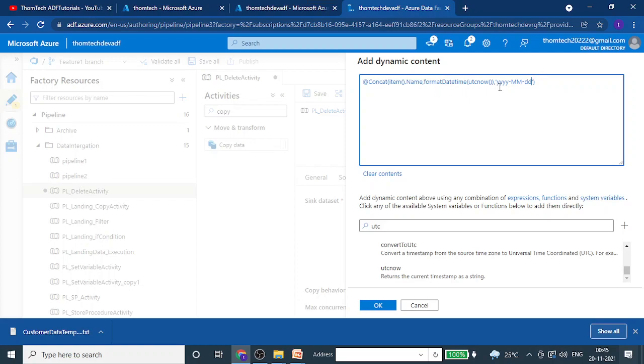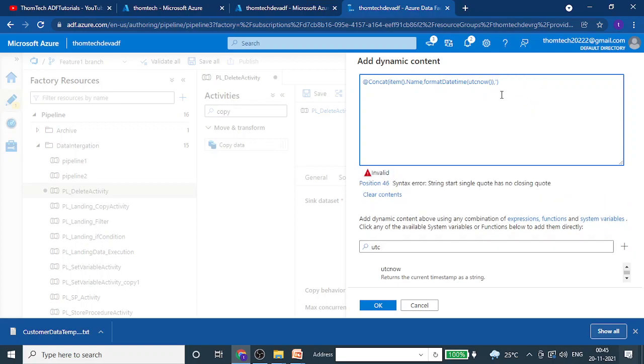Let me quickly check it one more time. This is format date, so this function parameter should go inside this. Click on this, paste it over here. Now you can see our format date time UTC time with the format of yyyy. Once that is done, I am closing the bracket, meaning the function is closed for format date time. Now I will close one more time to close the concatenate function. Just put one more bracket.